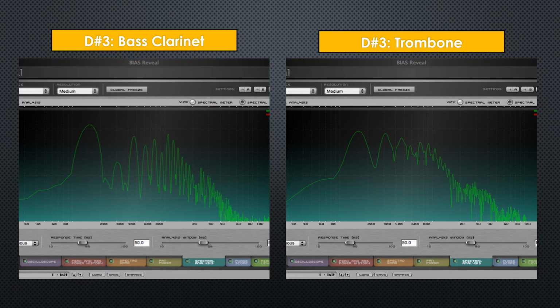Notice the large spike in amplitude that they have furthest to the left. That would be that fundamental frequency. That would be that D-sharp 3 that we are talking about, that low note that they are both playing, that if we were asked to hum that pitch back, that is the pitch that we would hum.